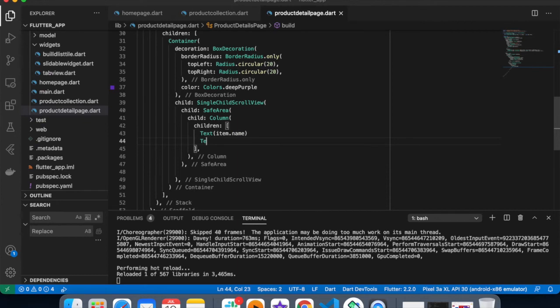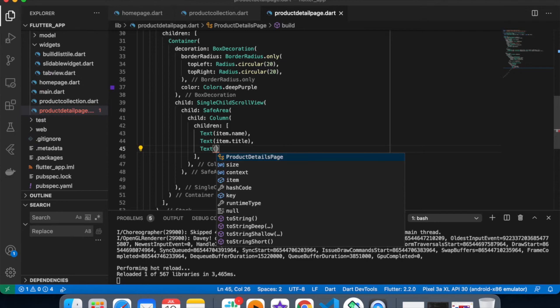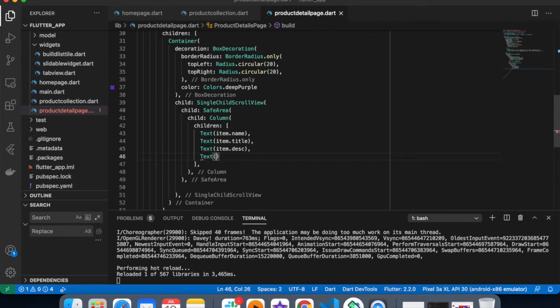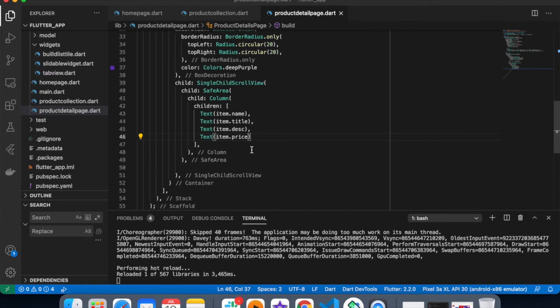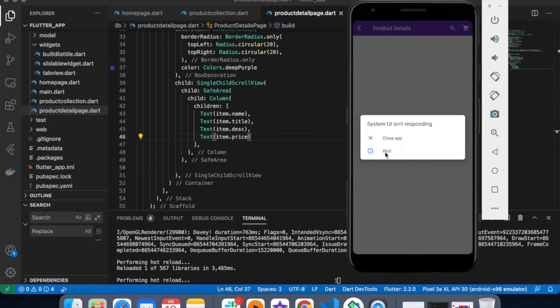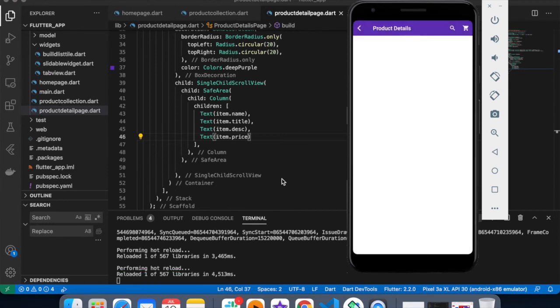Text goes to item title, and item dot description, item price. Inside this, let me refresh it and see.